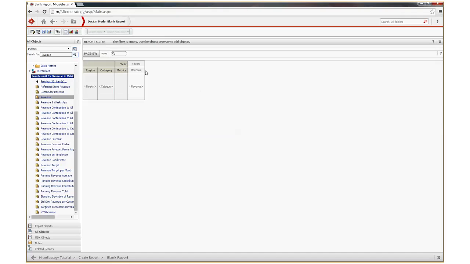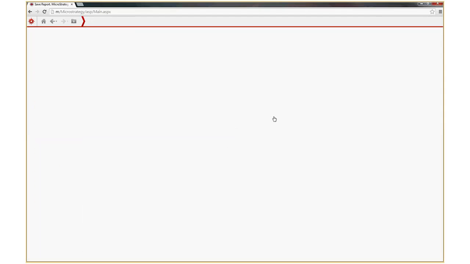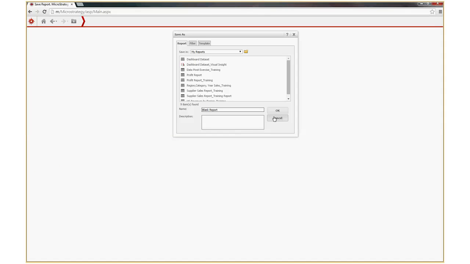So there you go. And you can see that region, category are placed in the rows, year is placed in the columns, and revenue is placed right below year. So you can go ahead and let's save this report first. I'm going to call it as,